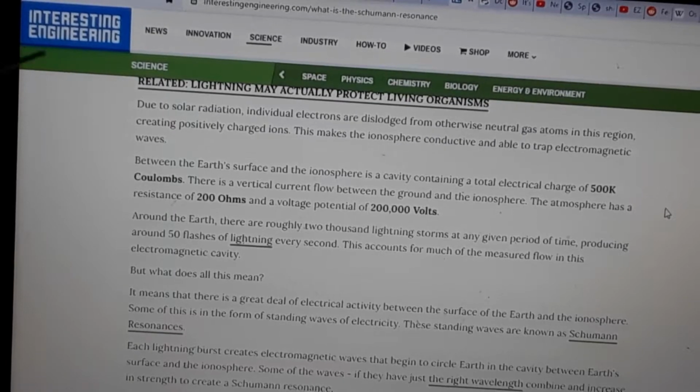Okay. So, due to solar radiation, individual electrons are dislodged from otherwise neutral gas atoms in this region, creating positively charged ions. And thus, this makes the ionosphere conductive and able to trap electromagnetic waves. Between Earth's surface and the ionosphere is a cavity containing a total electrical charge of...